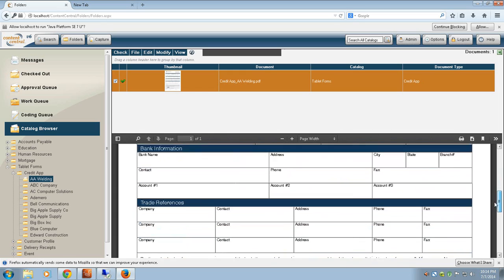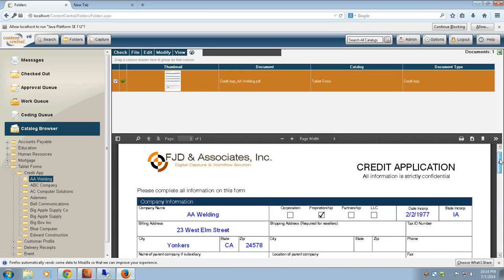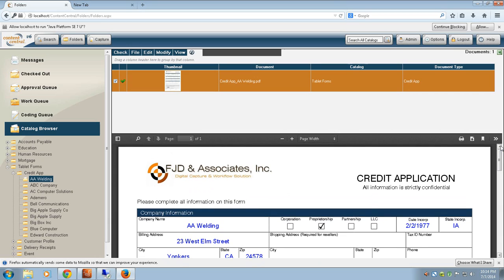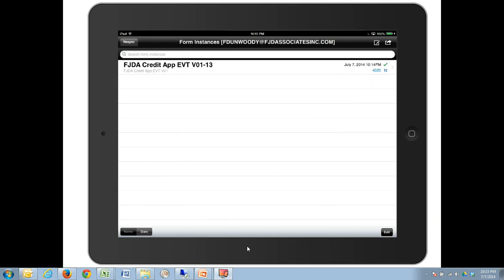So we just saw how filling out a document on a tablet can be directly integrated with a document management system for real-time capture. And once it's in the document management system, then any approval processes, workflow, or distribution is automatically triggered once the document is captured. So going back to our presentation,